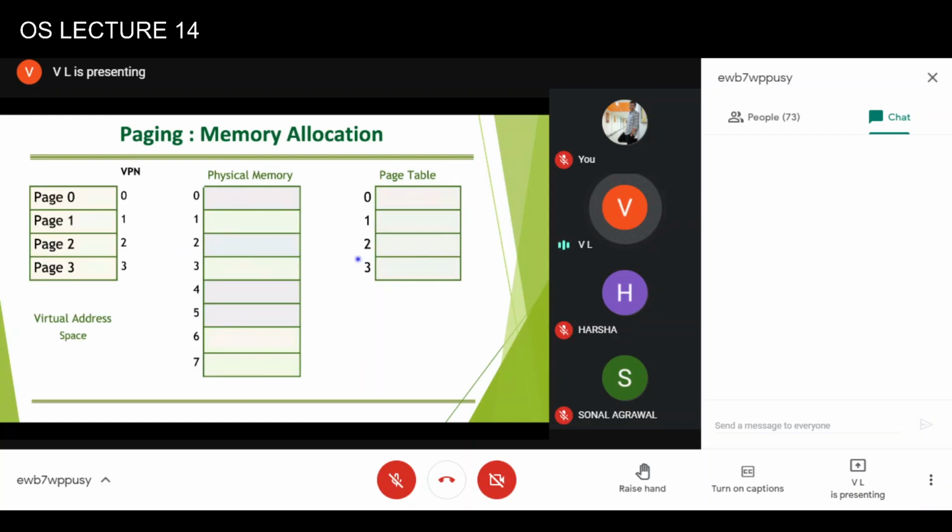For example, let's say this is our virtual address space, and these are the pages in the virtual address space. Initially the page table is empty, and this is our physical memory. The gray portion shows the pages which have been allocated, meaning these are not free right now, and the green area shows the pages which are available. Now let's say page 0 is brought into the memory by the operating system, and let's say this page 0 is loaded at